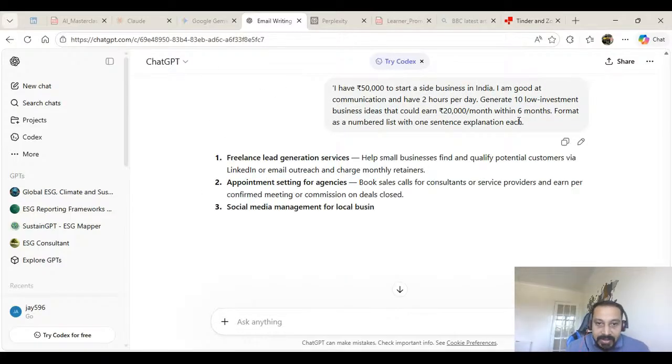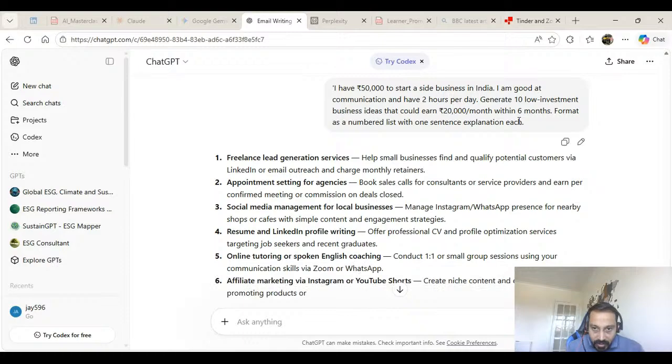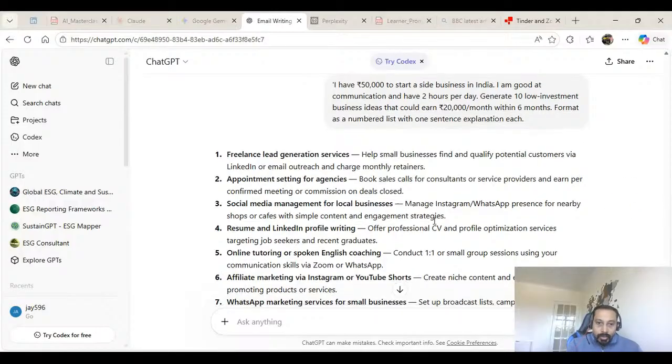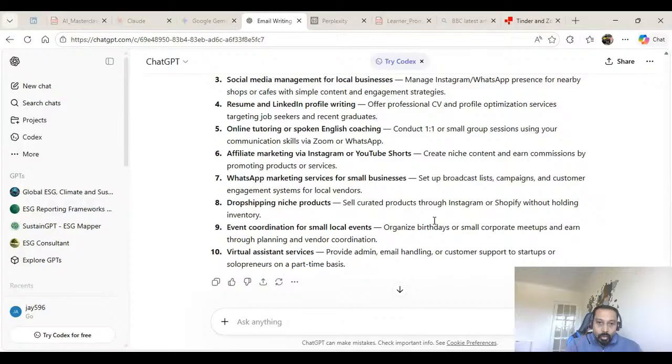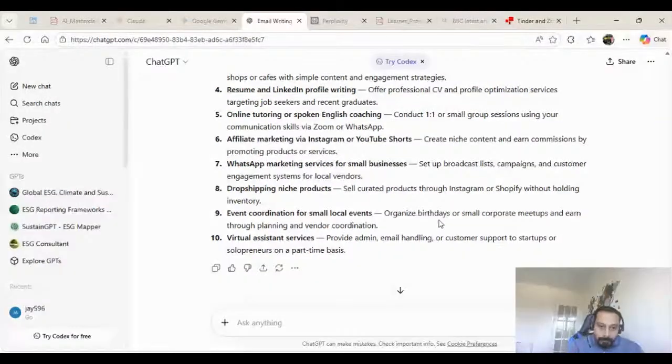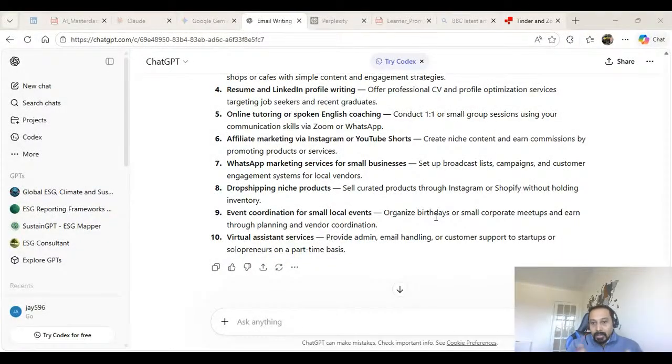So freelance lead generation service you can start, which helps you to grow the small business. Then appointment setting for agency, social media management for local business, resume and LinkedIn profile writing. You can do online tutoring, WhatsApp marketing, event coordination for small local events, and virtual assistant service. So these are the things that are very basic, and this might surprise you if you are not working right